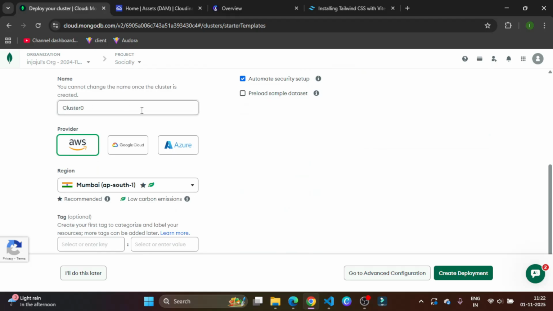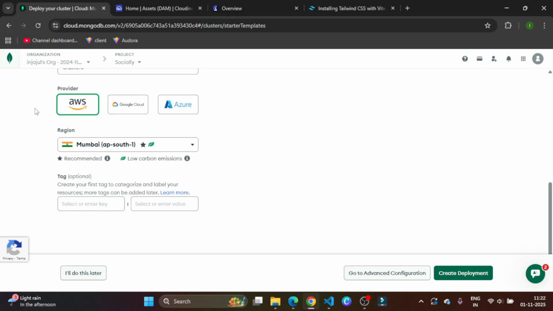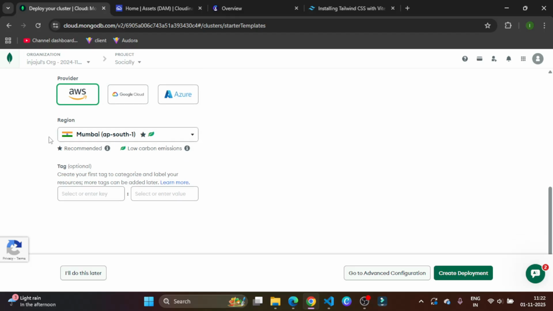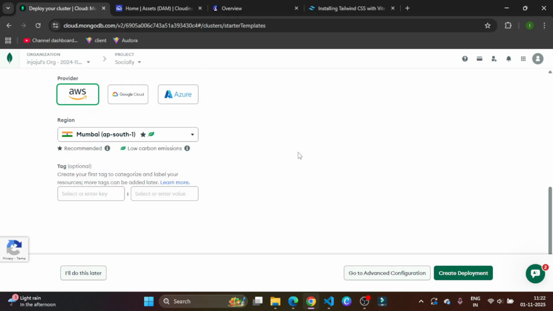I just keep it as it is. You can change it. And the provider, AWS is fine. And then region. So you can see a lot of regions are out there. Just choose your nearest. So yeah, and then create a deployment,